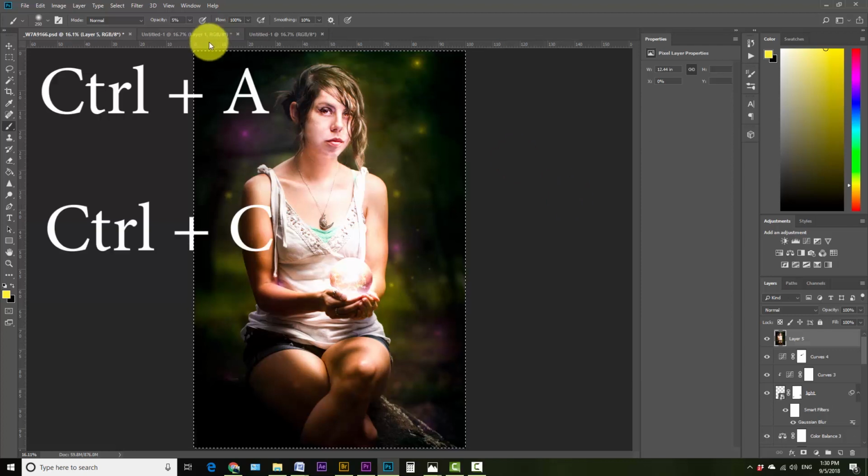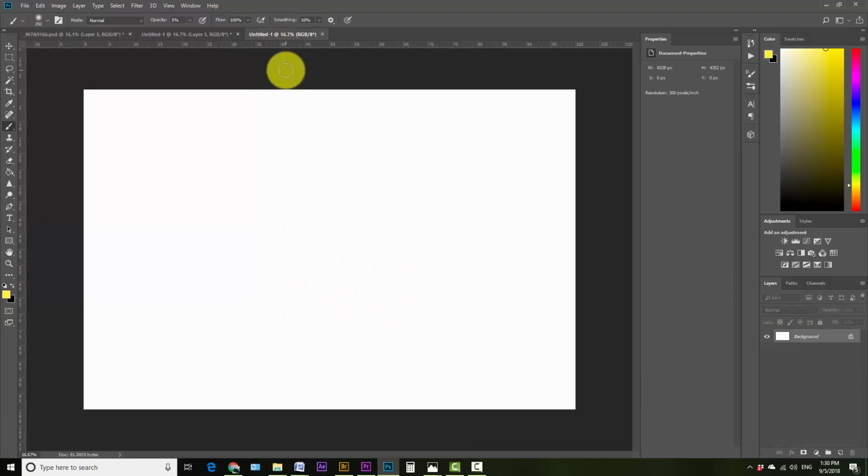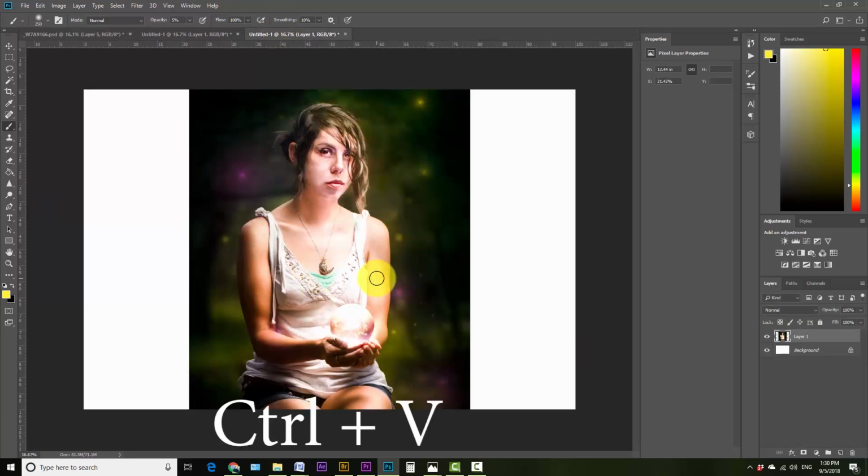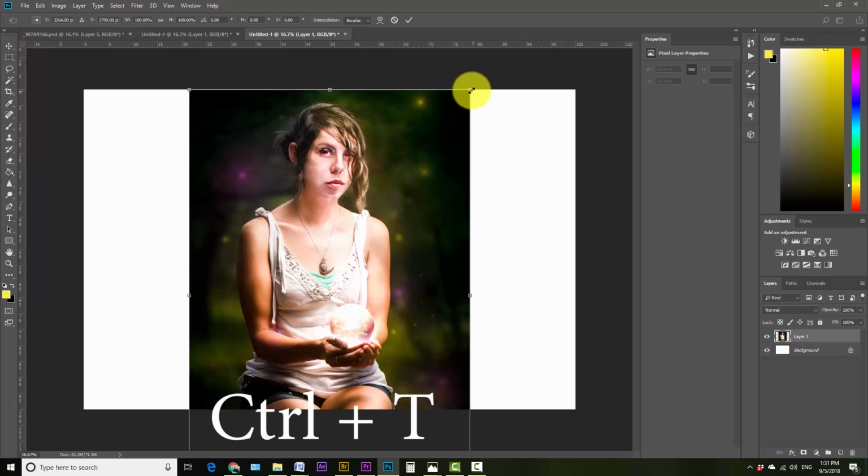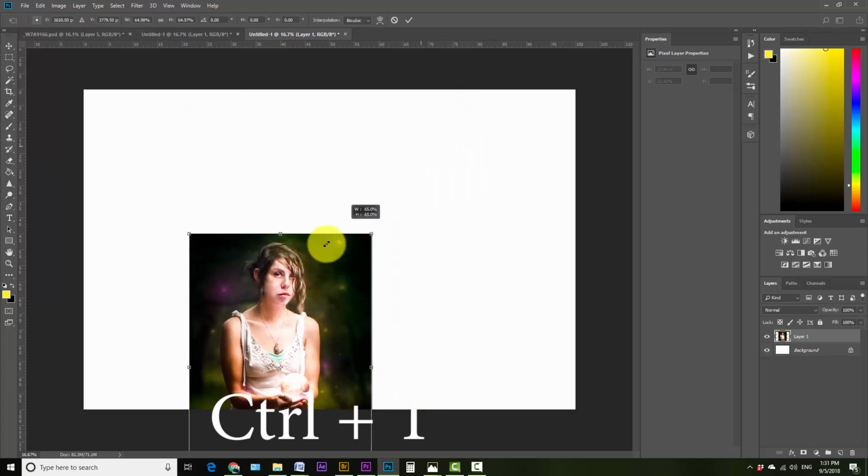So Control A just selects everything. So if I want to select all that and then copy it, Control C, bring it over to a new canvas, Control V, bring it in, and then Control T, so I can transform, and then Shift drag to keep my